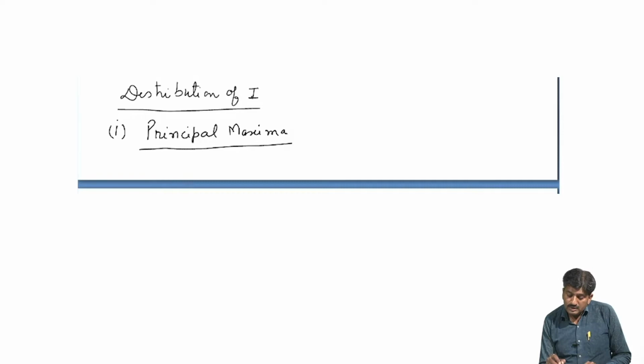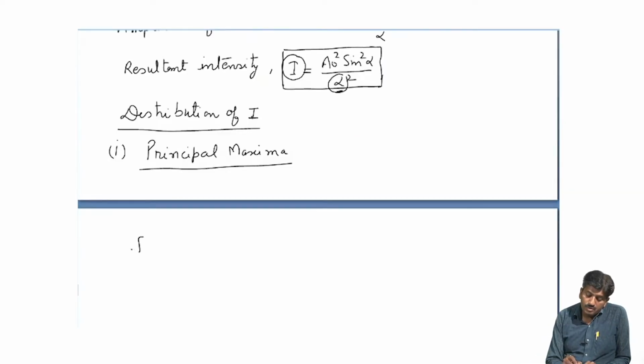If we want this intensity principal maxima, it means the denominator term should be minimum. If you want I maxima, then alpha should be minimum. It means for intensity principal maxima,